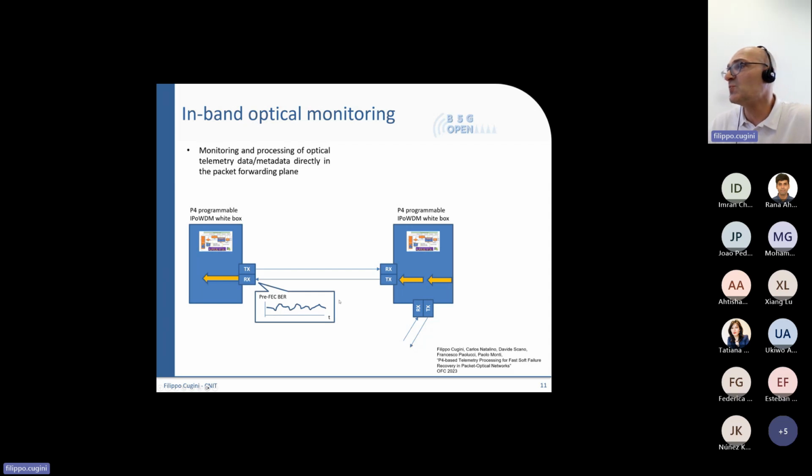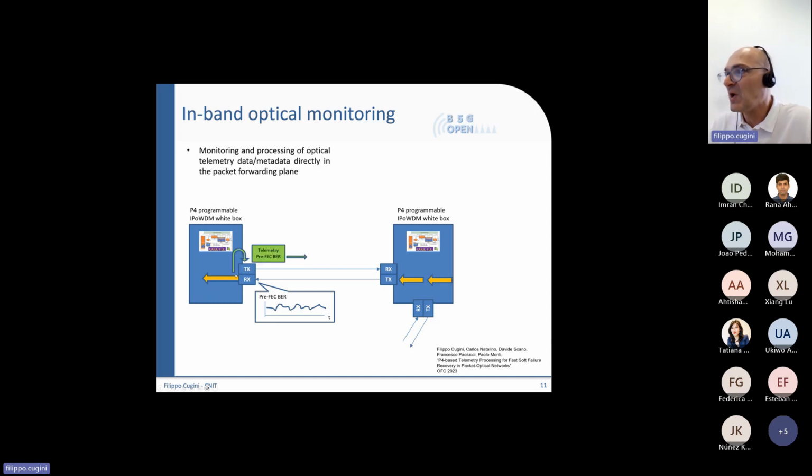So traditionally, to become aware of the performance of its own transmitted signals through the control plane, there was a telemetry system, a centralized telemetry system that supervised all these operations. But now we can take advantage of this high speed and the high programmability of this node.